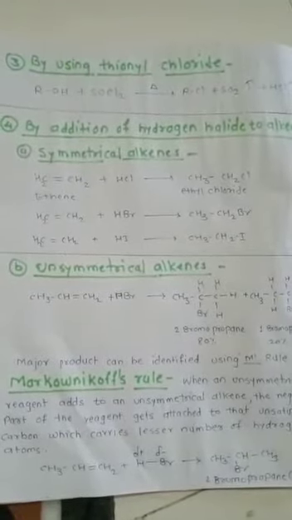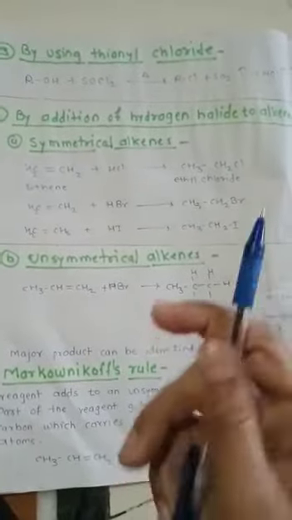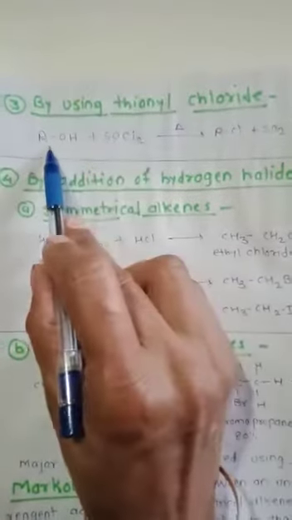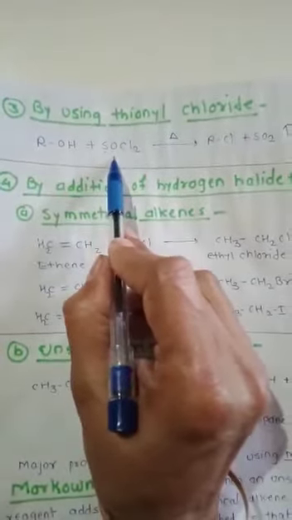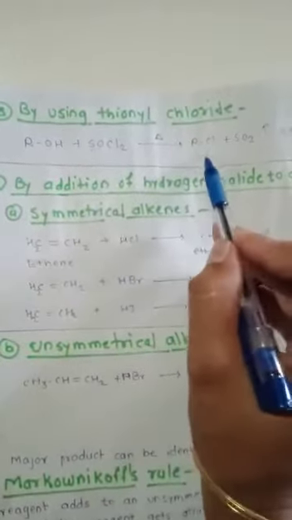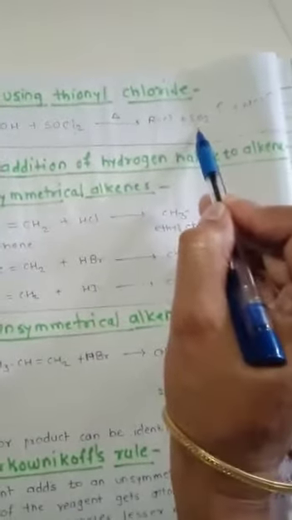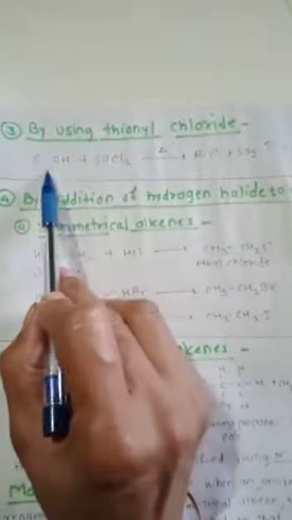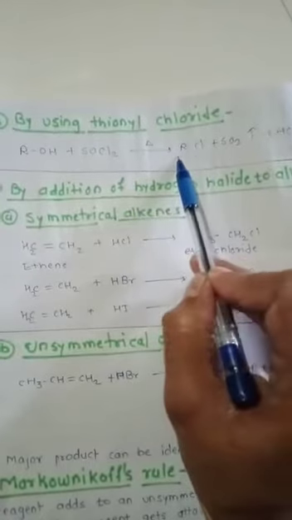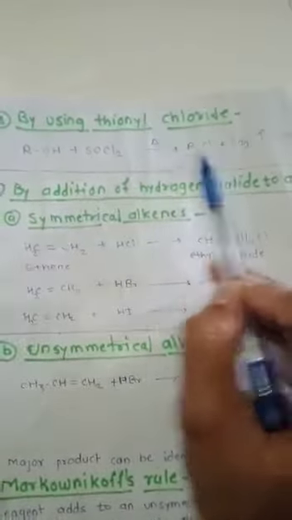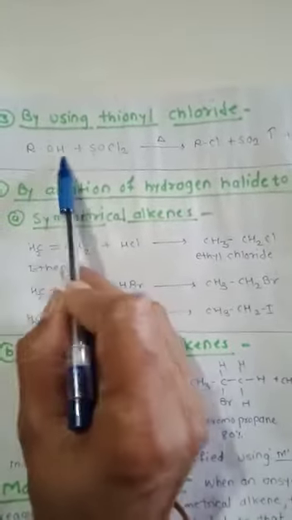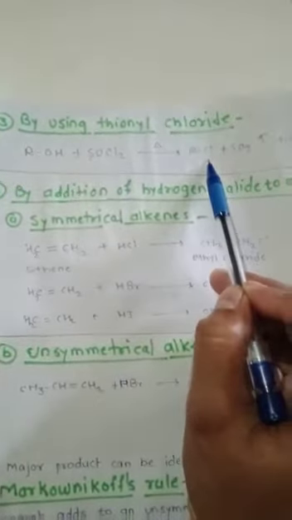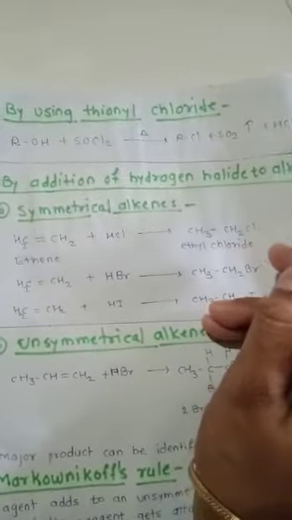Third method is from thionyl chloride, means SOCl2. In alcohol we add SOCl2, with simple heating we get alkyl chloride with SO2 molecule and HCl molecule. This is the third method for the preparation of alkyl halide. We get here alkyl chloride. What is the reaction? ROH plus SOCl2, that means alcohol plus thionyl chloride, we get alkyl chloride, SO2 and HCl